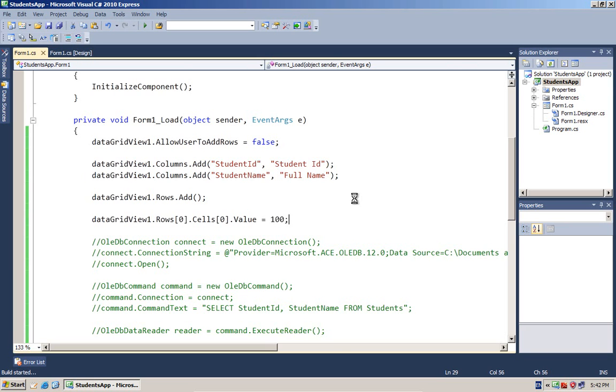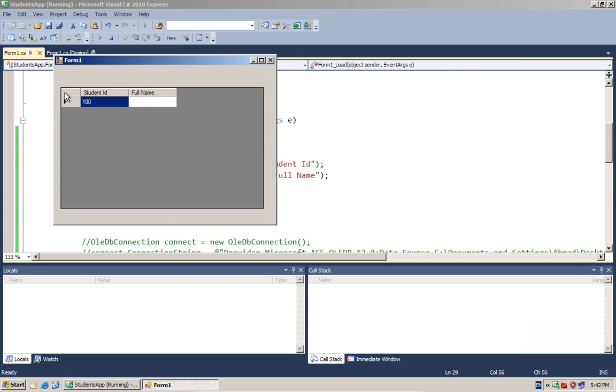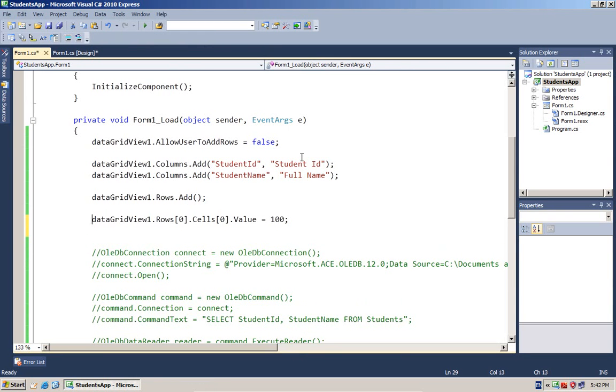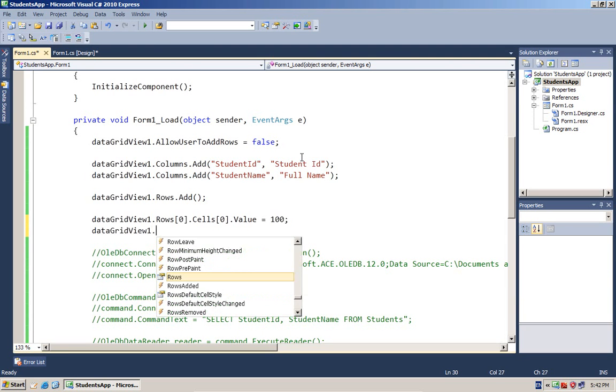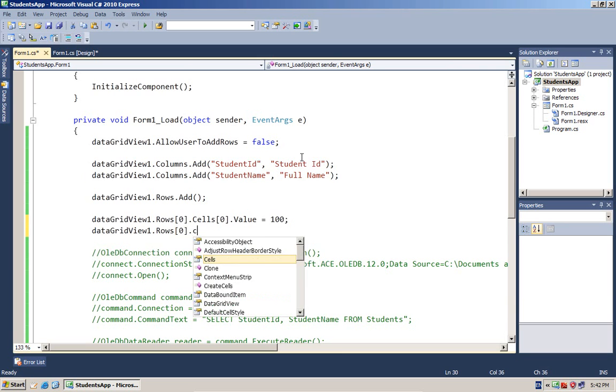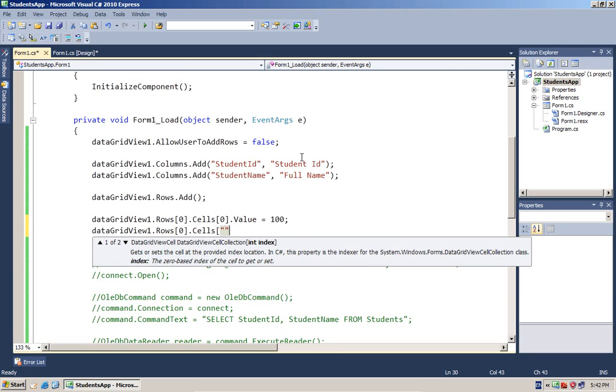Now let me run this code, make sure that okay, it worked. Now just similar to this we will add the data to the next cell, but using the string.